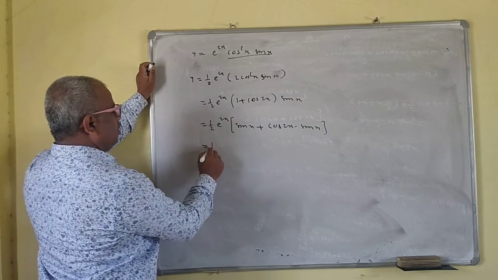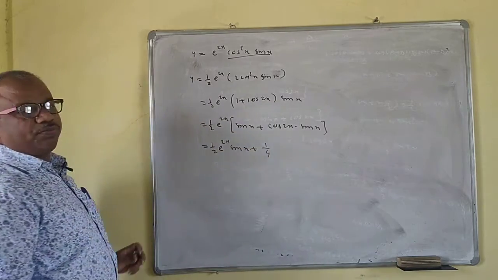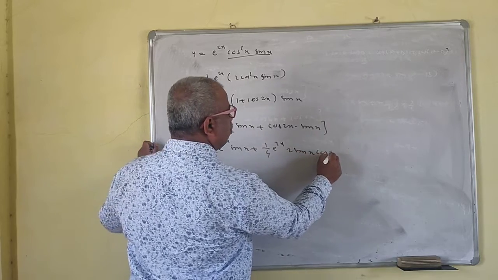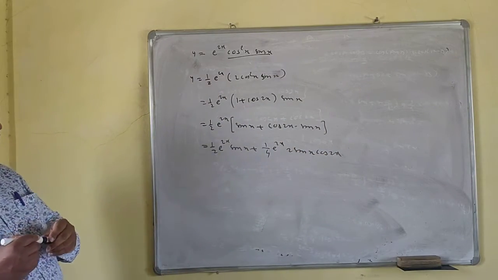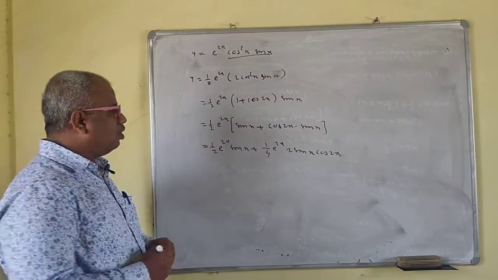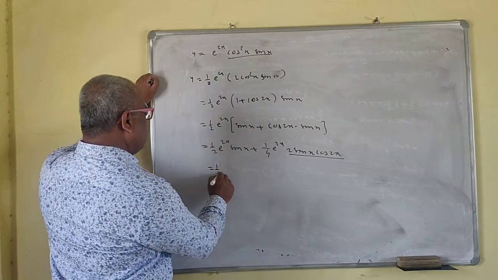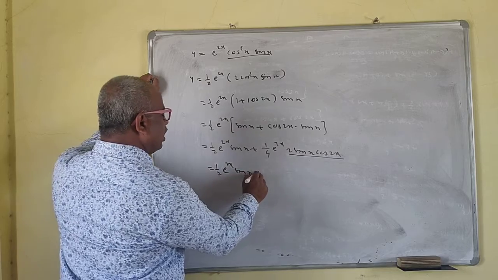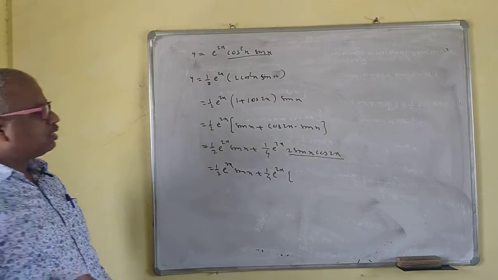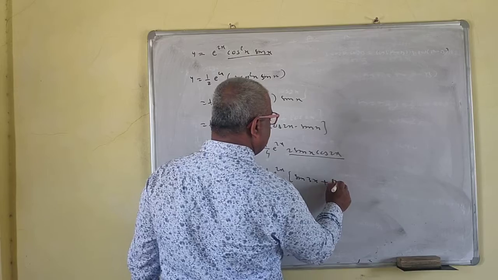I will separate this. This is 1/2 e raised to twice x sin x plus I will write here 1 by 4 e raised to twice x 2 sin x cos twice x. I will write this because here 1/2. Okay, so 2 get cancelled. This will be half. Don't cancel this 2. Now you apply the formula for 2 sin a cos b. Just apply formula. 2 sin a cos b is sin a plus b. So sin a plus b is sin 3x plus sin a minus b.